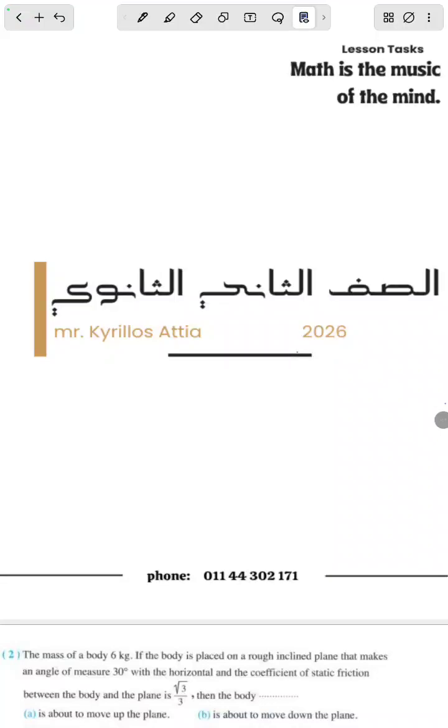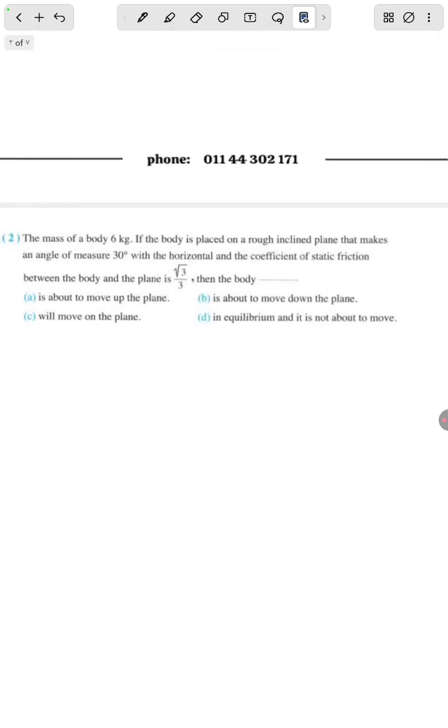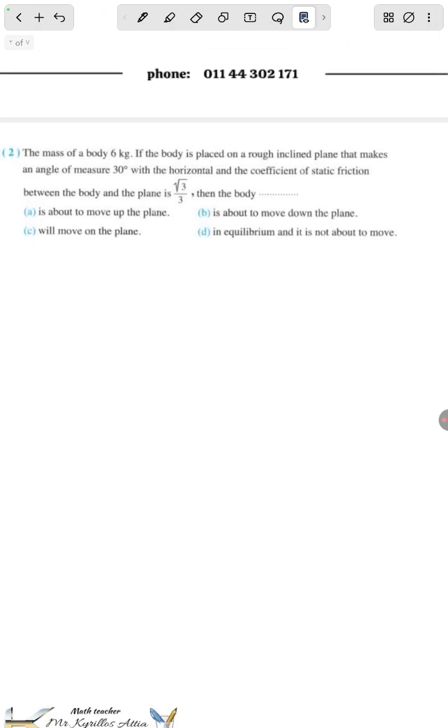Today we will cover the static problem in math apps. So let's get started. Question number 1. The mass of a body is 6 kilograms. If the body is placed on a rough inclined plane that makes an angle of measure 30 degrees with the horizontal, and the coefficient of static friction between the body and the plane is root 3 over 3, then the